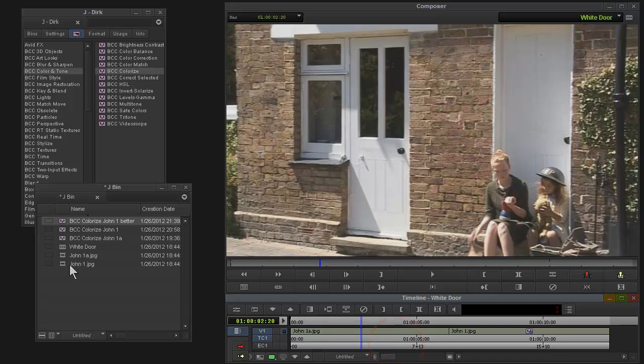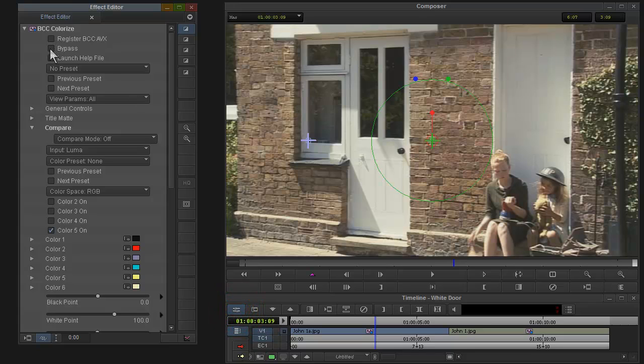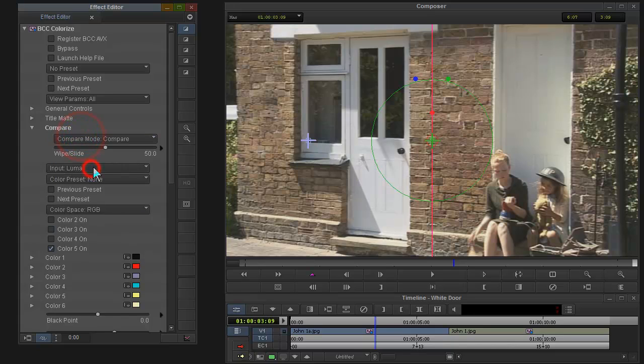And here is the other shot. I kind of had to take a different approach with this one. It wasn't quite as easy to isolate the door color in this shot. But you'll see here if I bypass that, the doors are looking warmer, more like that cream color. And again, if I wipe across, you see. In this case, there's a little bit more of that effect getting on the brick and even on this girl's hair, but it ends up just looking like sunlight. So maybe it would actually be an acceptable